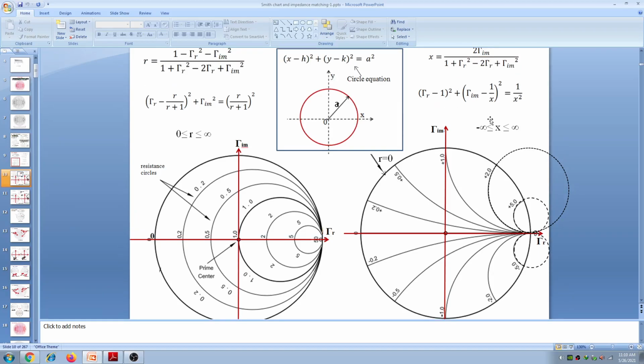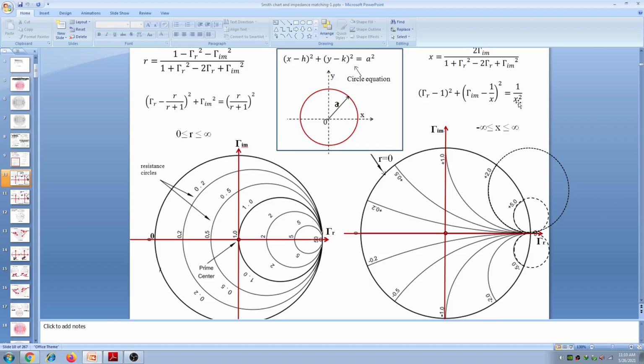As explained in the previous class, this is the equation of a circle on the tau plane, with tau imaginary and real axes. On the tau plane, for every value of X there is a circle like this. X equal to 5 gives a circle like this. Similarly, X equal to 2 is a circle and X equal to 1 is a circle. We consider only up to this, behind that we are not representing.